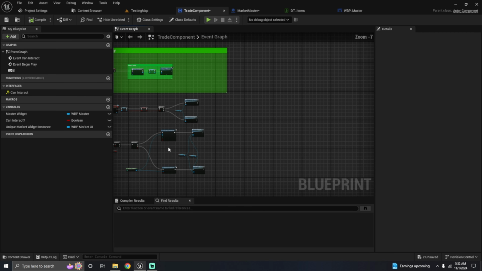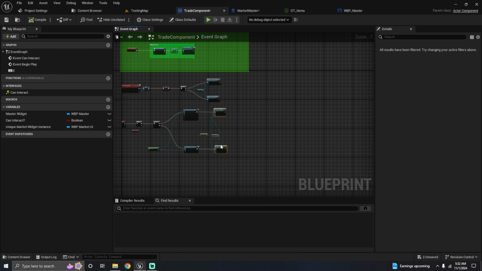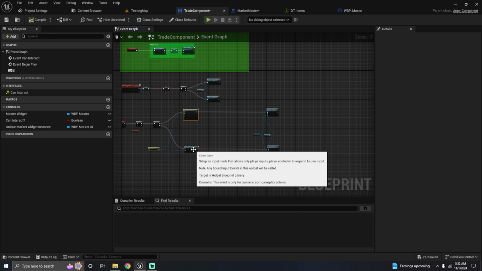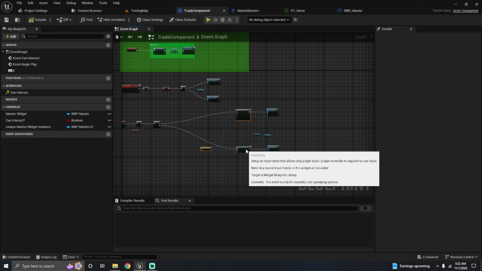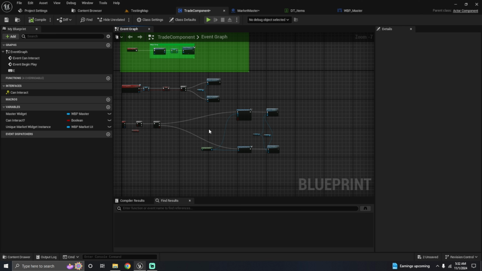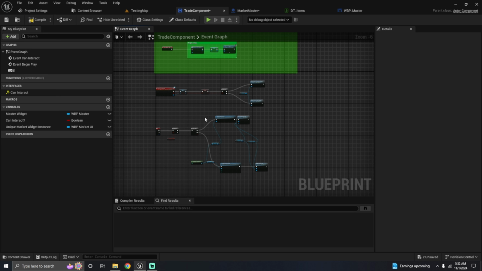Oh, nope, you know what? I can still move. That's not okay. I don't need to do that. I do need enable and disable movement. Alright. Fine. Now I'll set up